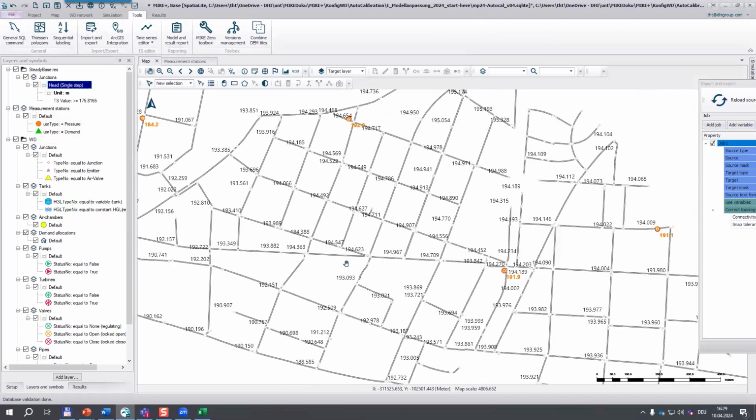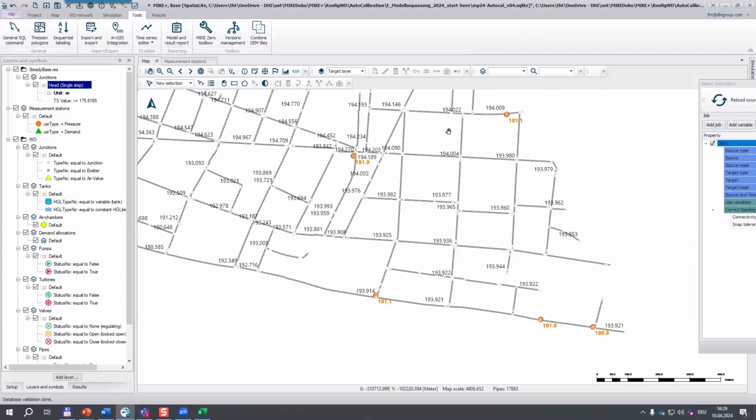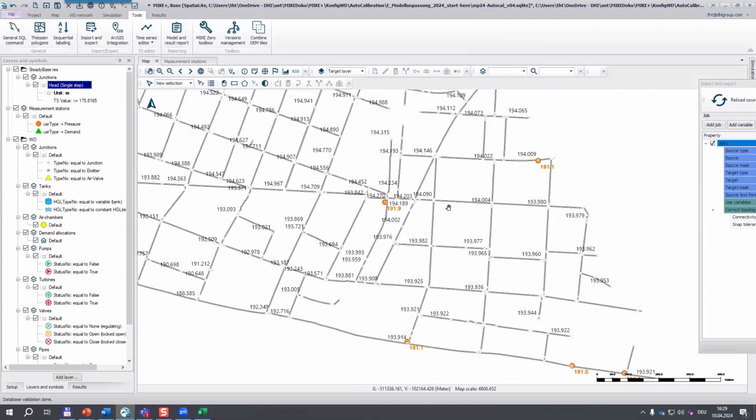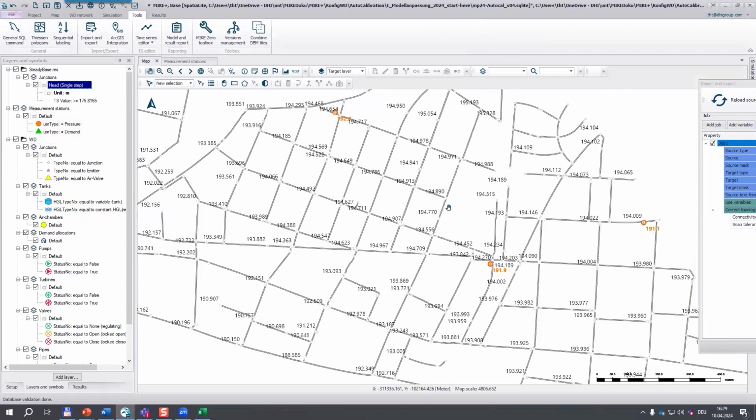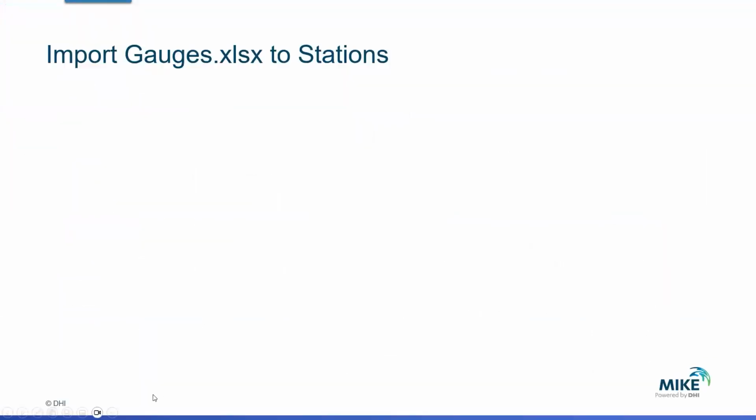In some locations, it's quite good. Well, still 3 meters difference here. So this is a way of looking at the map, and I think it's always good to look at the map. However, we can also